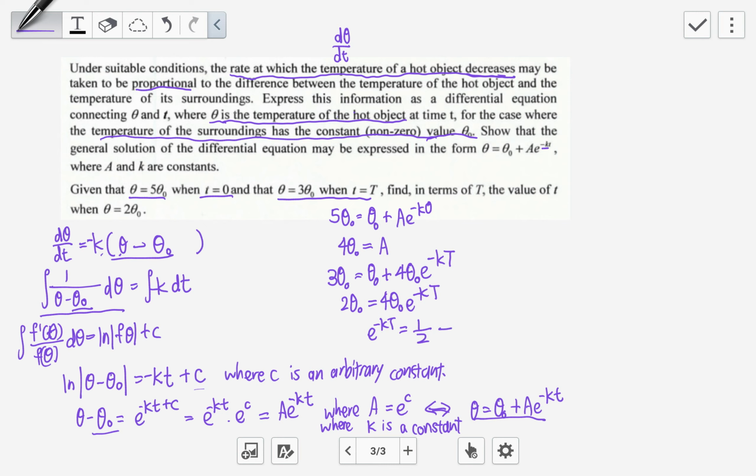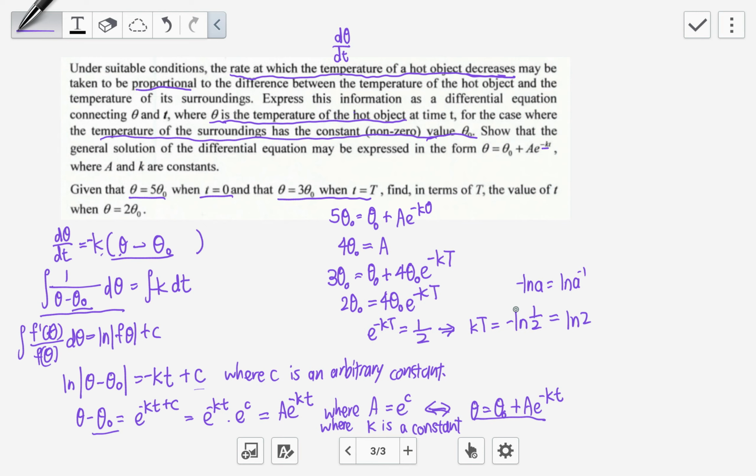And this implies KT equals minus ln half, and the minus can be carried over because of the ln rules, a to the power minus 1. Therefore this one would be ln 2, because half to the power of minus 1 is just 2. So KT equals ln 2